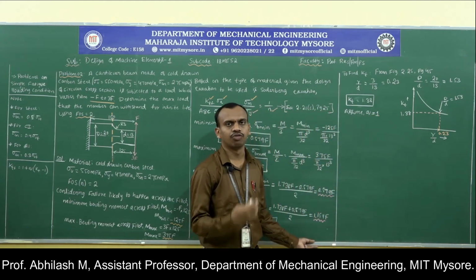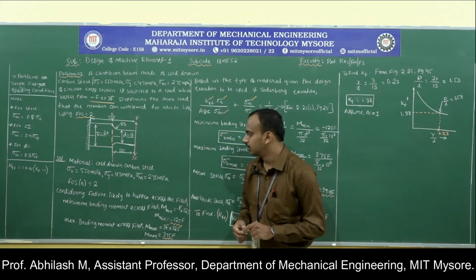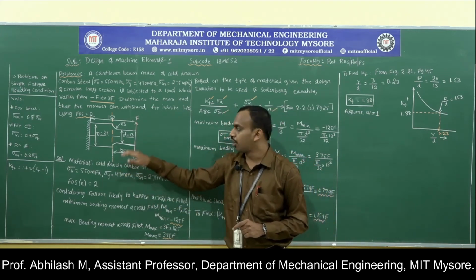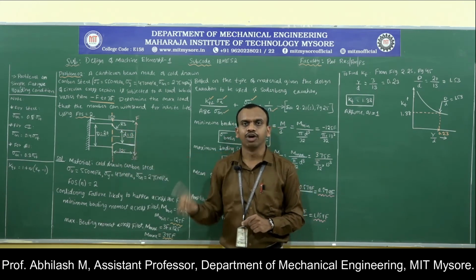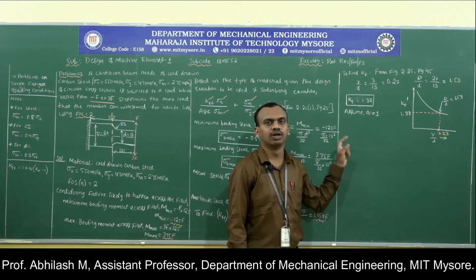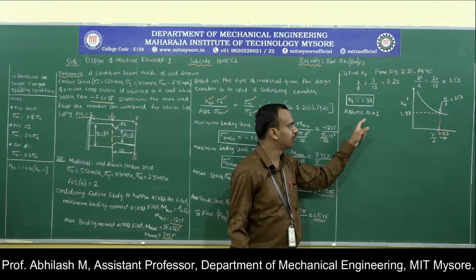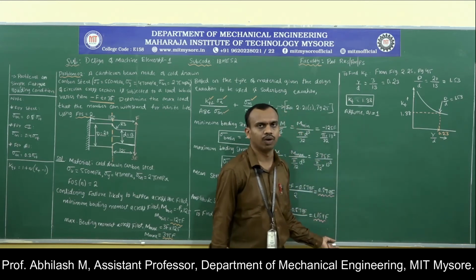If not, you can go to page number 48 in the data handbook. There you can see the material for the corresponding fillet radius or the notch radius, and we are going to obtain the value of q. But most of the time the value becomes saturated, that is beyond 0.9 to 1. So, I am going to assume the value to be 1.